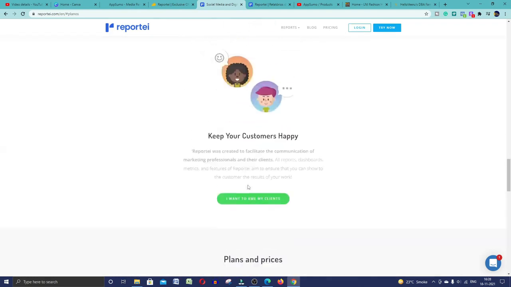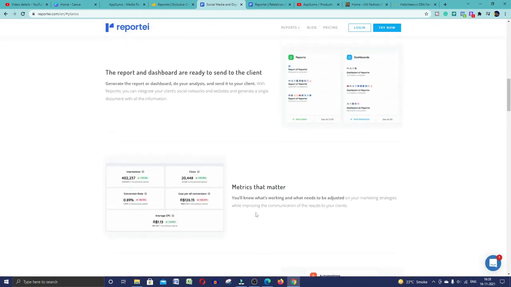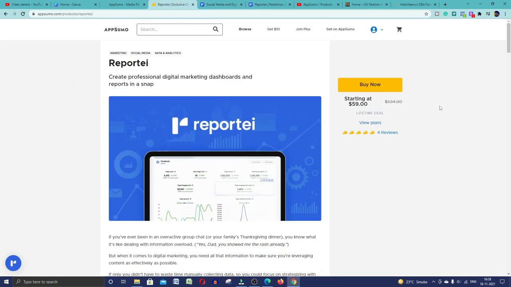But if you want this tool for a lifetime, I have an amazing deal for you. You can buy this tool from the AppSumo Marketplace. AppSumo is a leading digital marketplace for entrepreneurs where you can find all the digital tools for your businesses. You can automate your entire business with the help of these tools, right? If you buy this tool from the AppSumo Marketplace, you will get it for just $59. You have to pay one time and you can access this tool for a lifetime.